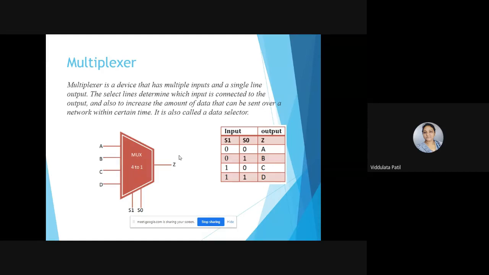So the first thing that we do is a library declaration. The library that we need to declare, then after that we need to write an entity. Now what is meant by entity? Pradnya, what is meant by entity?